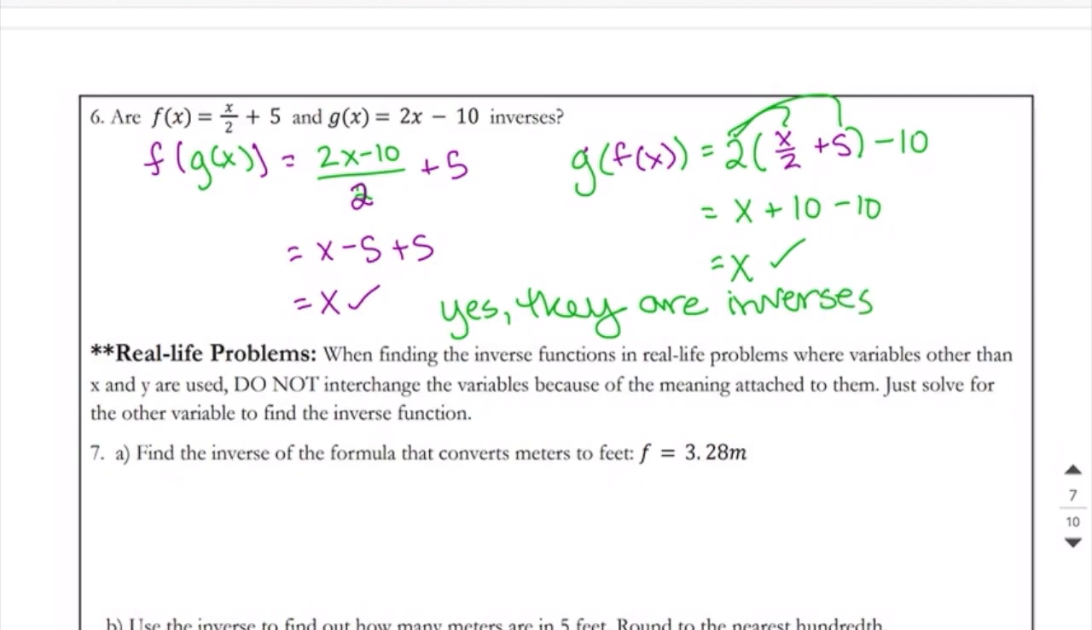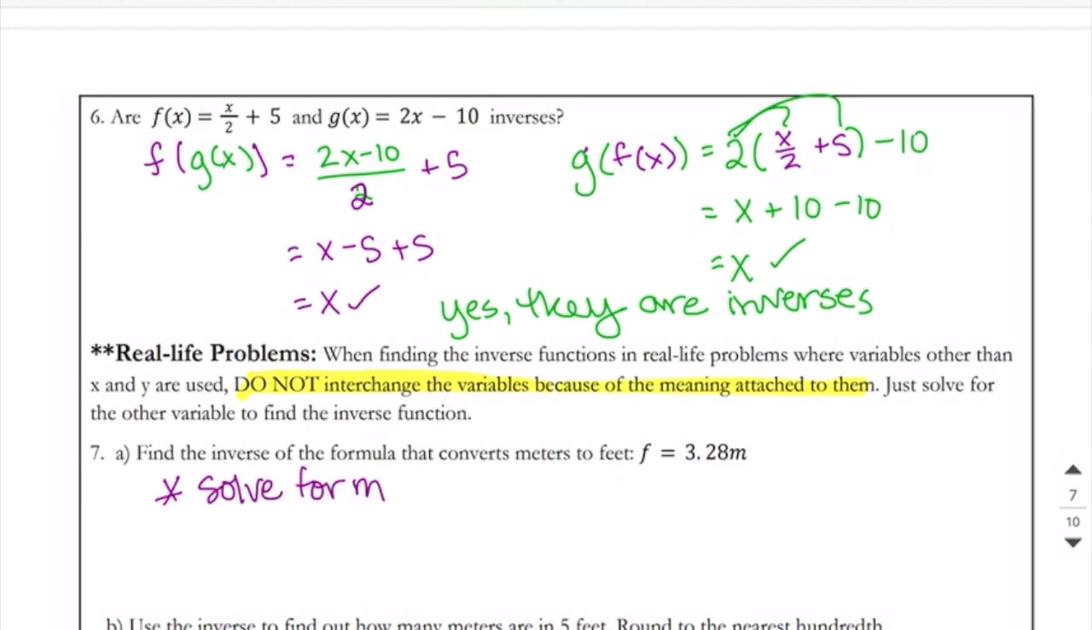All right, lastly, that is how you find inverses of functions when it's just an x and y. If they are real life problems, where your variables are defined, you can't just switch them. Do not interchange the variables because the variables are defined and have meaning attached to them. So all you're going to do is just solve for the other variable. So when they ask us to find the inverse of this first one, it just means solve